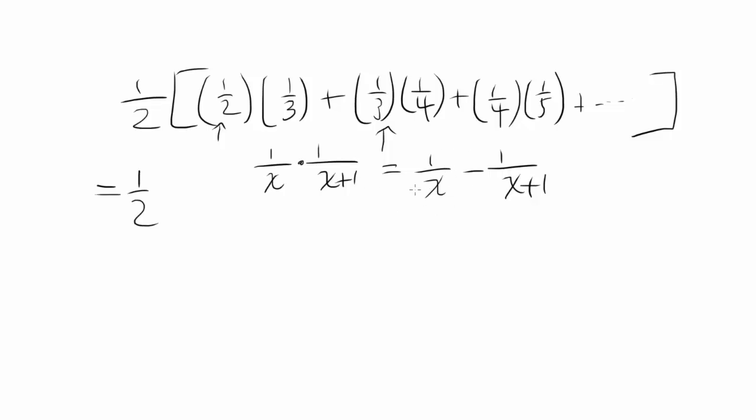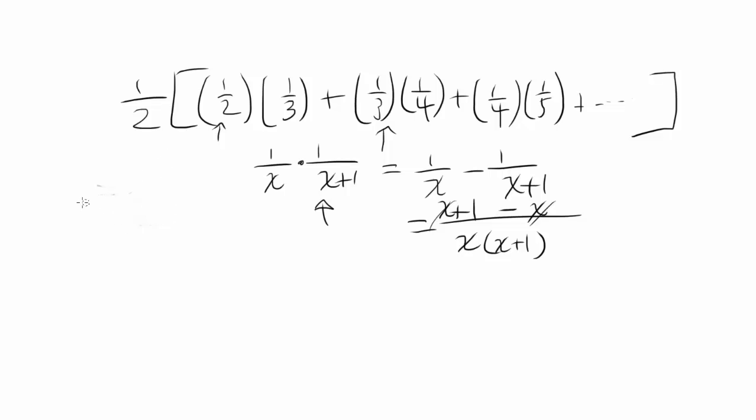How can you verify this? By making them have the same denominator. For this one, you're going to have x plus 1 up top. For this one, you're going to have x, and when the x's cancel out, you're left with the left side of the equation. So these two are the same thing. So let me see if we can simplify this expression right here. So let me erase this, and this thing is 1/2 times, you have 1/x minus 1/(x+1)